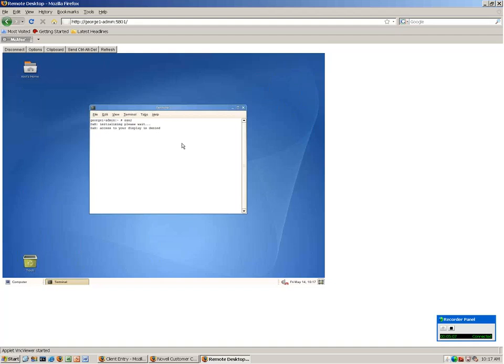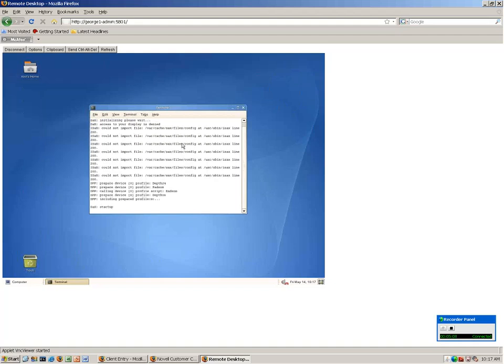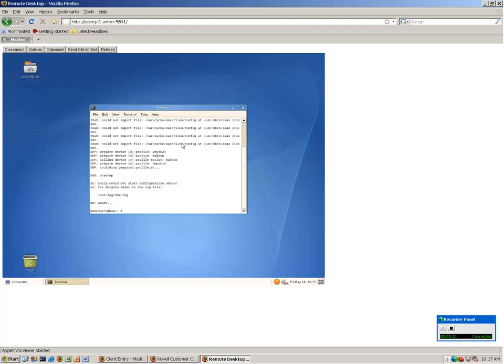Yeah, that's what I kept getting. Could not use a monitor. Let me try and native. It worked fine yesterday on the other systems too, but